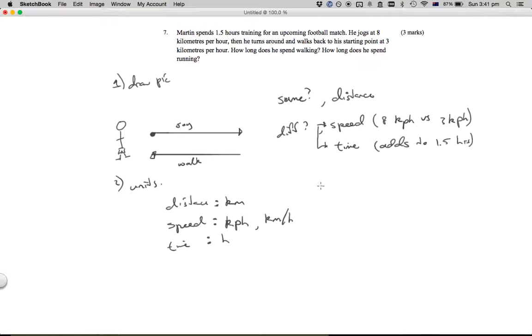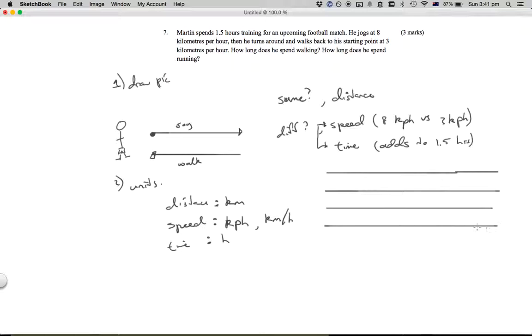hours. I know it's also been suggested to you that you draw a table. So we're just organizing our information a bit more here. A table could look something like this. We might have a couple of lines, and we might have speed, time, distance,